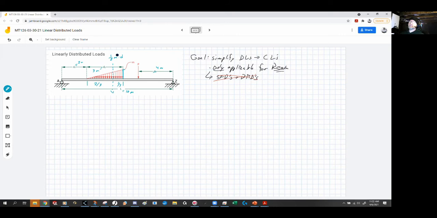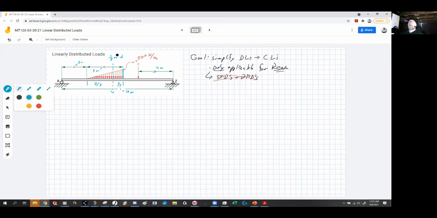Then this should be fairly easy to do. I'm not going to go through all of that rigmarole for you, but the other thing is that we need a value for M. So if M is 500 newtons per meter, we find the total value of the total value of this load